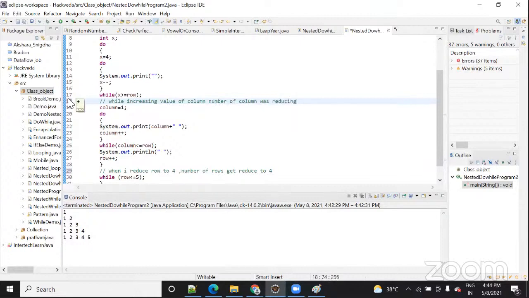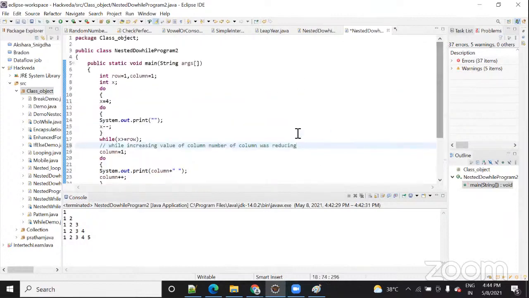So like this you can add a comment and you can solve this question.